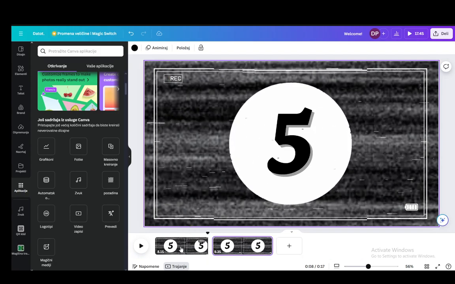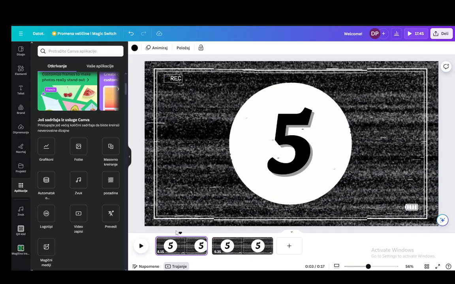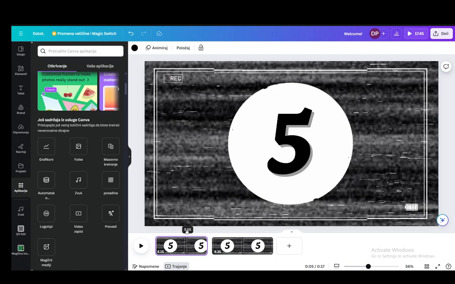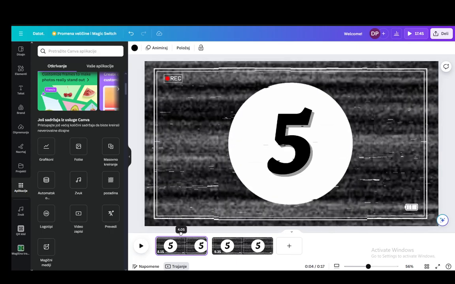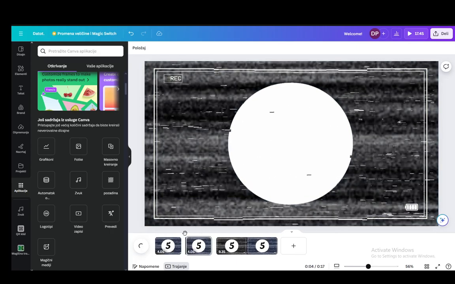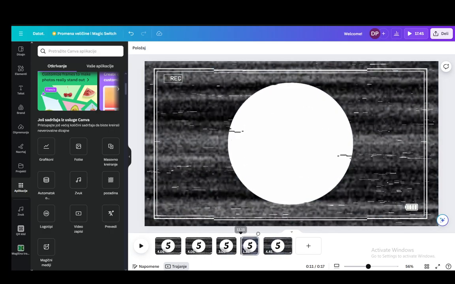Or additionally, you can just hover over it and press S, and finally this tracker has appeared. I'm having glitches with Canva for some reason today. I am very sorry about that, but you just put this tracker to where you want it, and then just type S on your keyboard, and as you can see, it can split the video in as many different parts